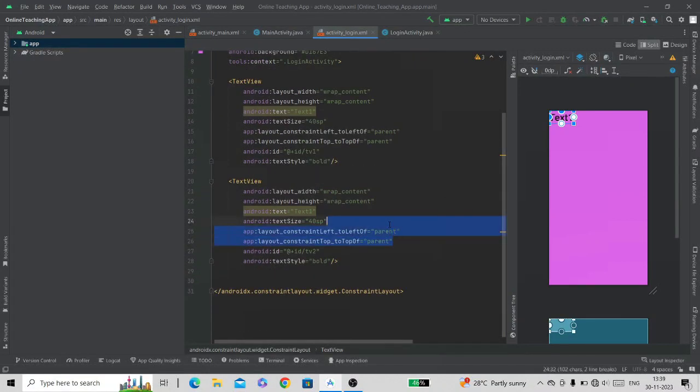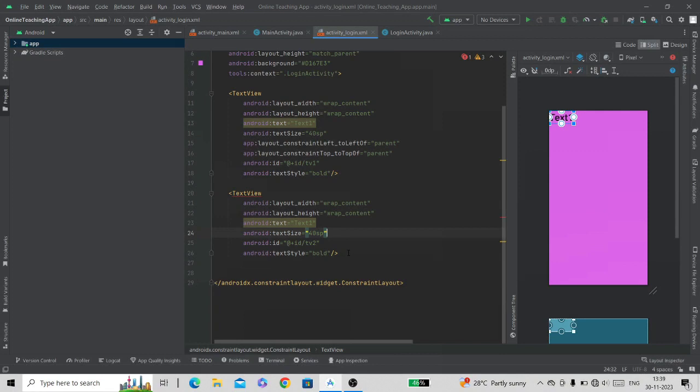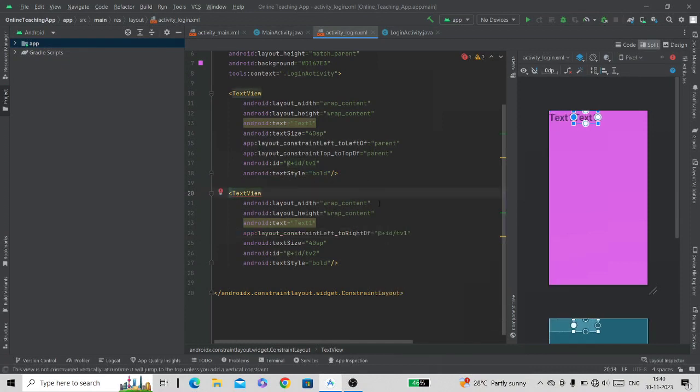And now to position this second text view to the right of this first text view, we will use constraint left to right of, and we will give the ID of first text view, which is TV1. So this is how the left of this second text view is positioned to the right of this first text view using constraint left to right of.